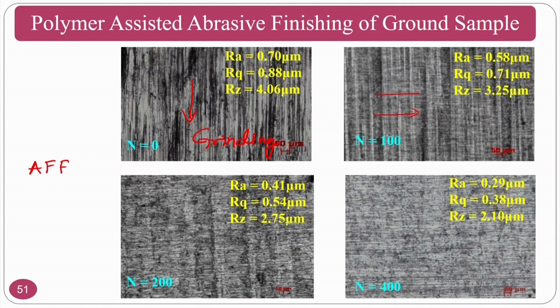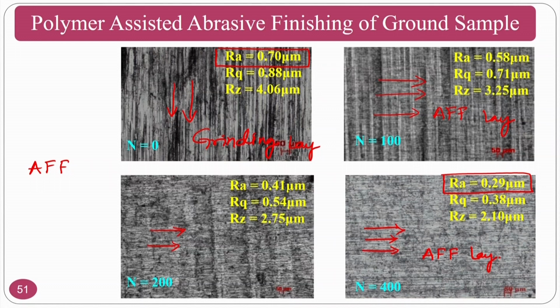You can see small scratches on this, which is moving perpendicular to the grinding lay pattern. This is the grinding lay pattern, this is the AFF lay. Okay. This is grinding lay. The smooth surface is gradually increasing, and the final AFF lay you can clearly see here, that is the predominant surface roughness direction, and it is polished. And you can see the surface roughness improvement from 0.7 micrometers to 0.3 micrometers, where the dominating surface roughness characteristics of the grinding process is finished using the abrasive flow finishing process.